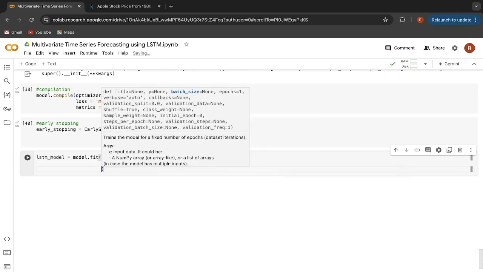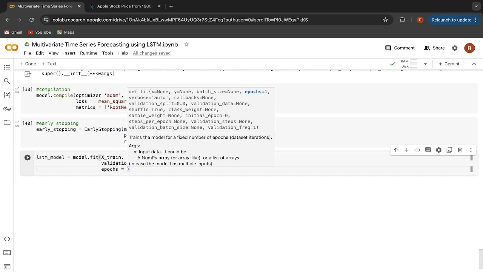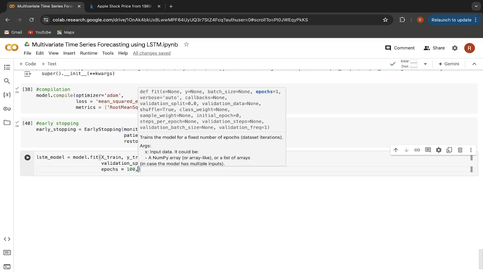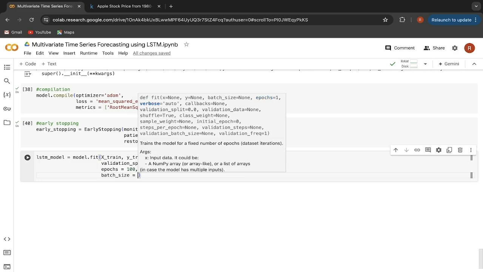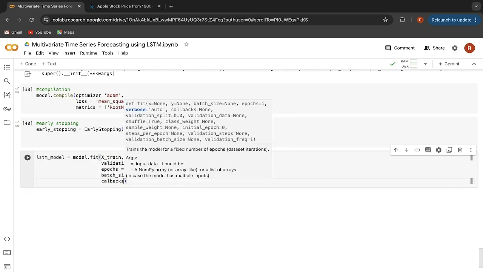Then we have to specify the number of epochs. Now, as we have given the early stopping condition, we can keep the number of epochs large. Let's keep it as 100. It won't run for all 100 epochs because the early stopping condition would get involved. Then after that, let's give the batch size. Depending upon the batch size, your accuracy or your forecasting changes. So this batch size is again a kind of hyperparameter. Depending upon my observation, when you reduce the batch size, you get more accurate output, whereas when you increase the batch size, your output gets slightly different. So I will keep the batch size as 3, which is lower, and then callbacks. In this callbacks, we have to pass this early stopping code.